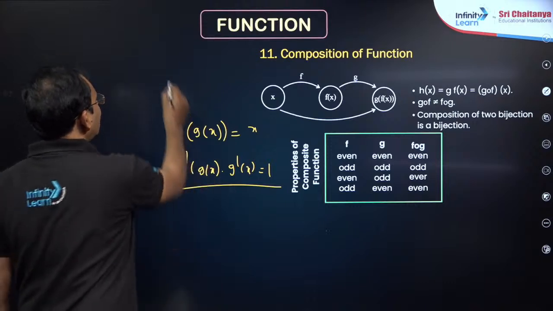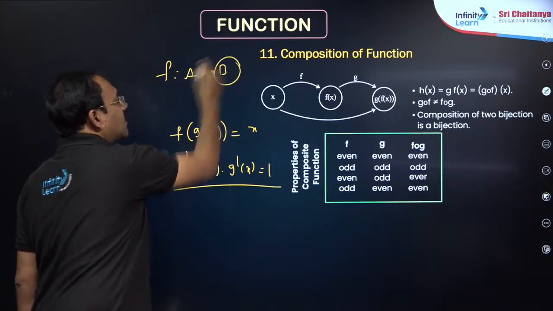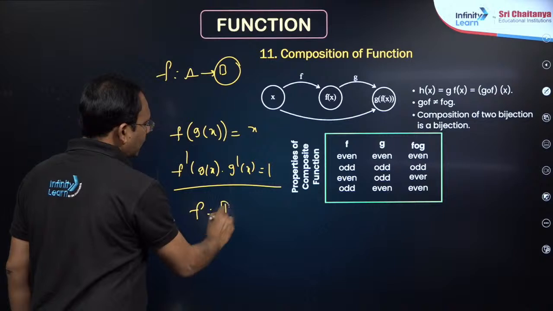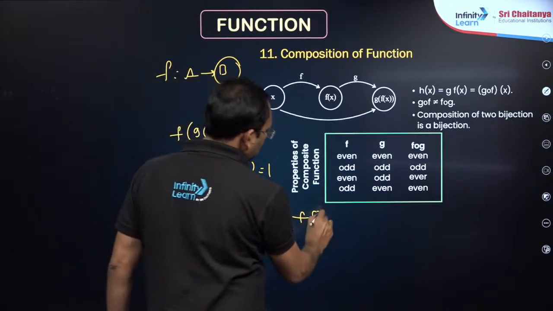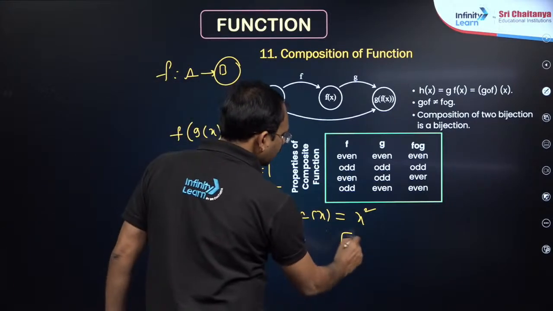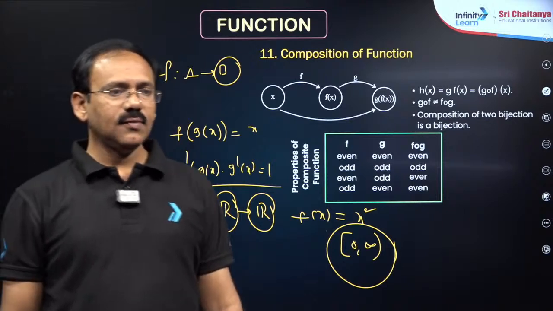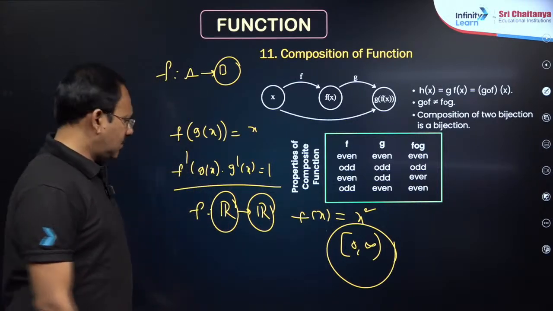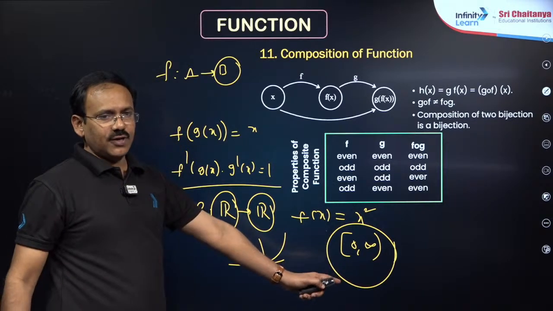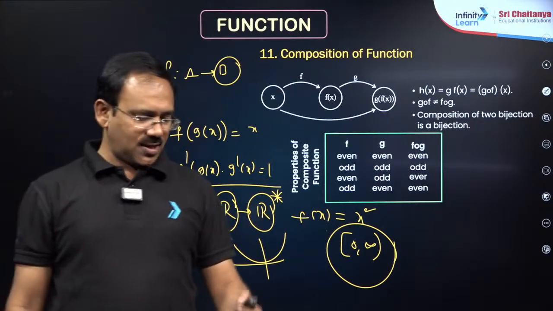What is codomain? Suppose he defines a function f from A to B, whatever is present here, that is codomain. Range is what you obtain. For example, f is a function from R to R, f of x is equal to x square is given. Its domain is R, codomain is R, but range you will get as 0 to infinity. This is range, my dear friends. Okay, got it, Ankan? The function outputs are from 0 to infinity, that is range. Whatever is given here, that is codomain. Okay, both are not same.